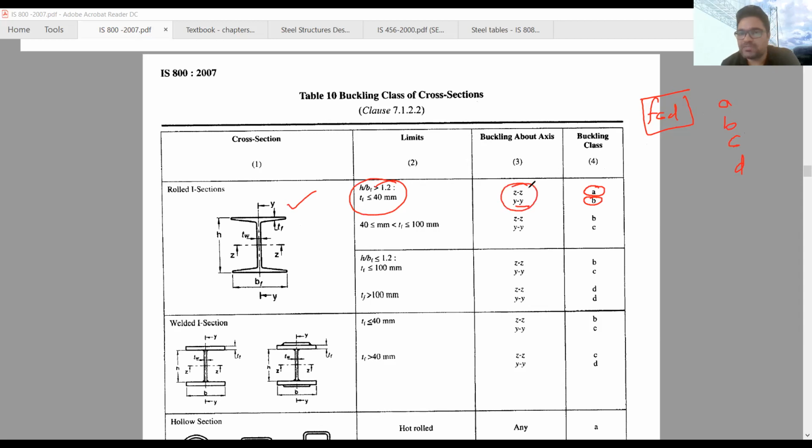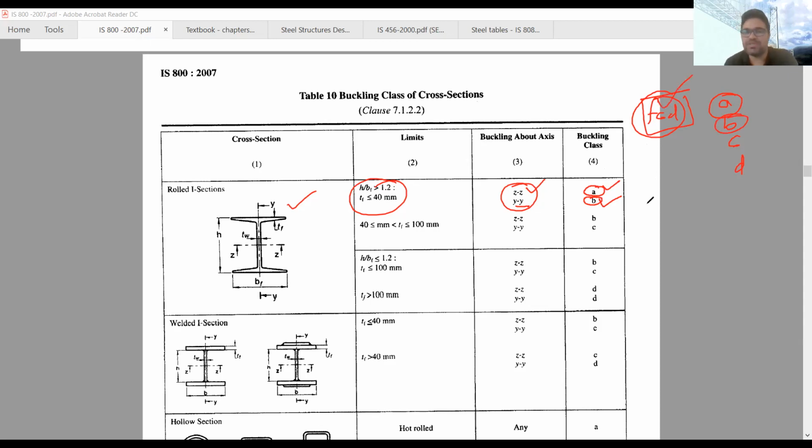So if it is buckling along the ZZ axis, then the buckling class will be A, and in that case we will use curve A to find out the value of FCD. Similarly, if it is buckling along the YY axis, in that case, the buckling class will be B, and we will use the second curve to find out the value of FCD.